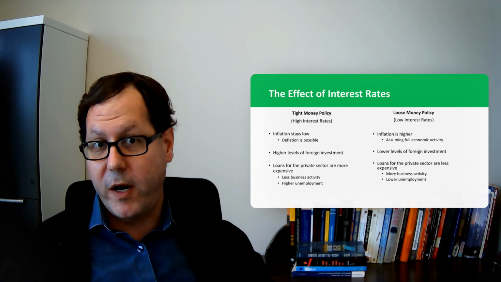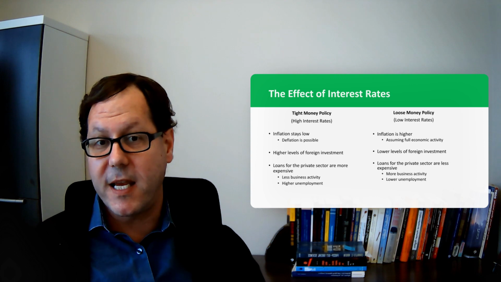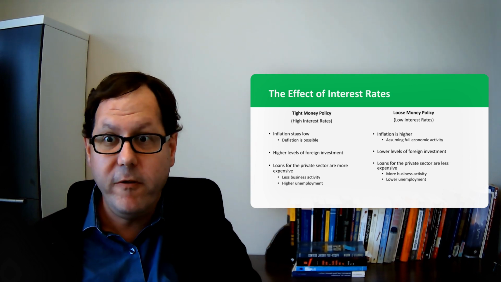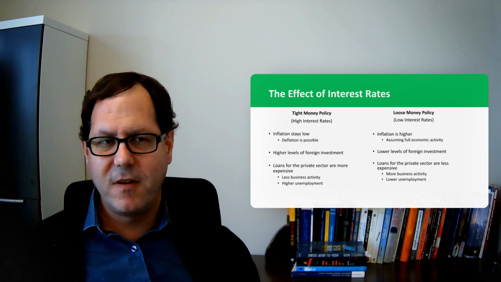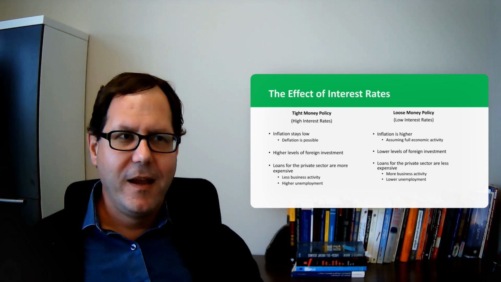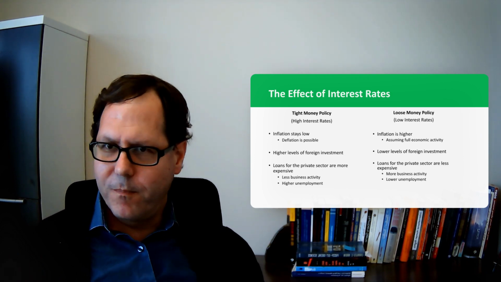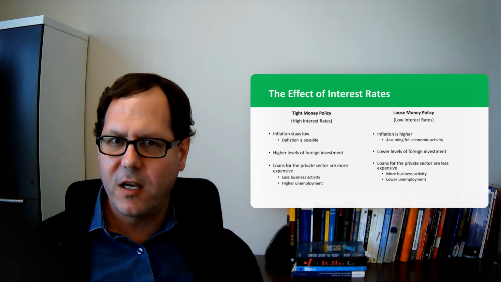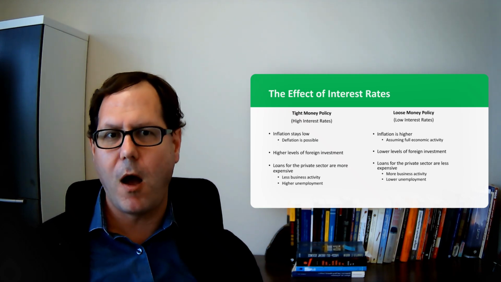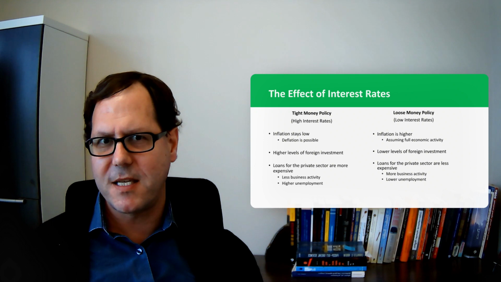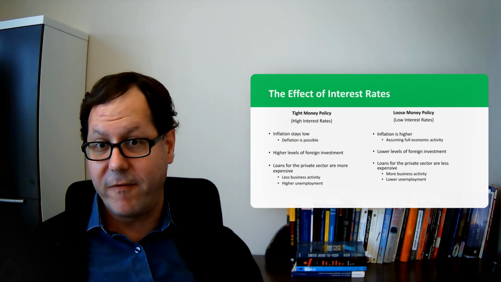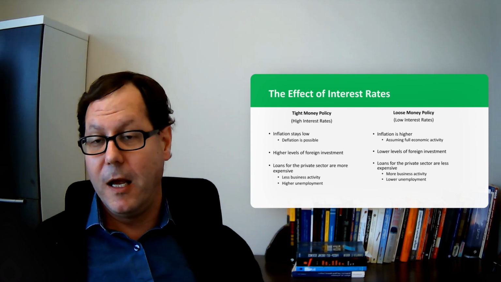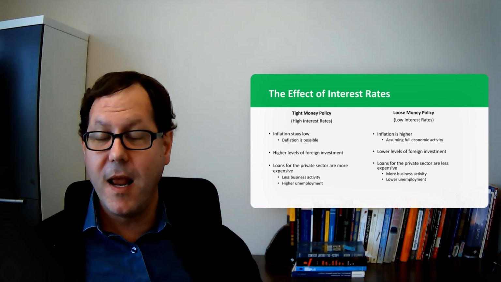Now, if you lower interest rates, if you have a loose money policy, that's potentially good for businesses in that they're able to borrow money. They're able to expand that factory. They're able to add more employees. Houses are easier to build, and so you get a construction boom, all from a loose money policy. It's going to be less appealing to international investors who might look elsewhere, so you're going to have less foreign investment coming in.